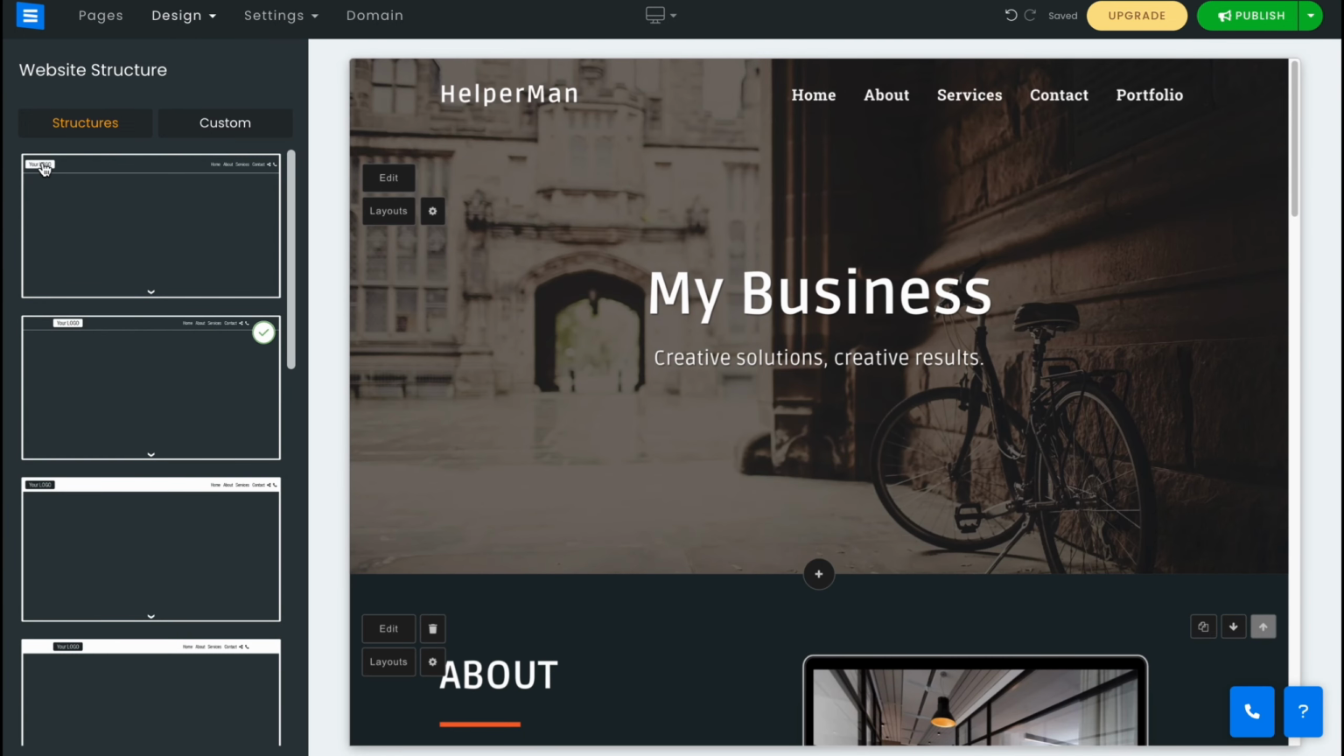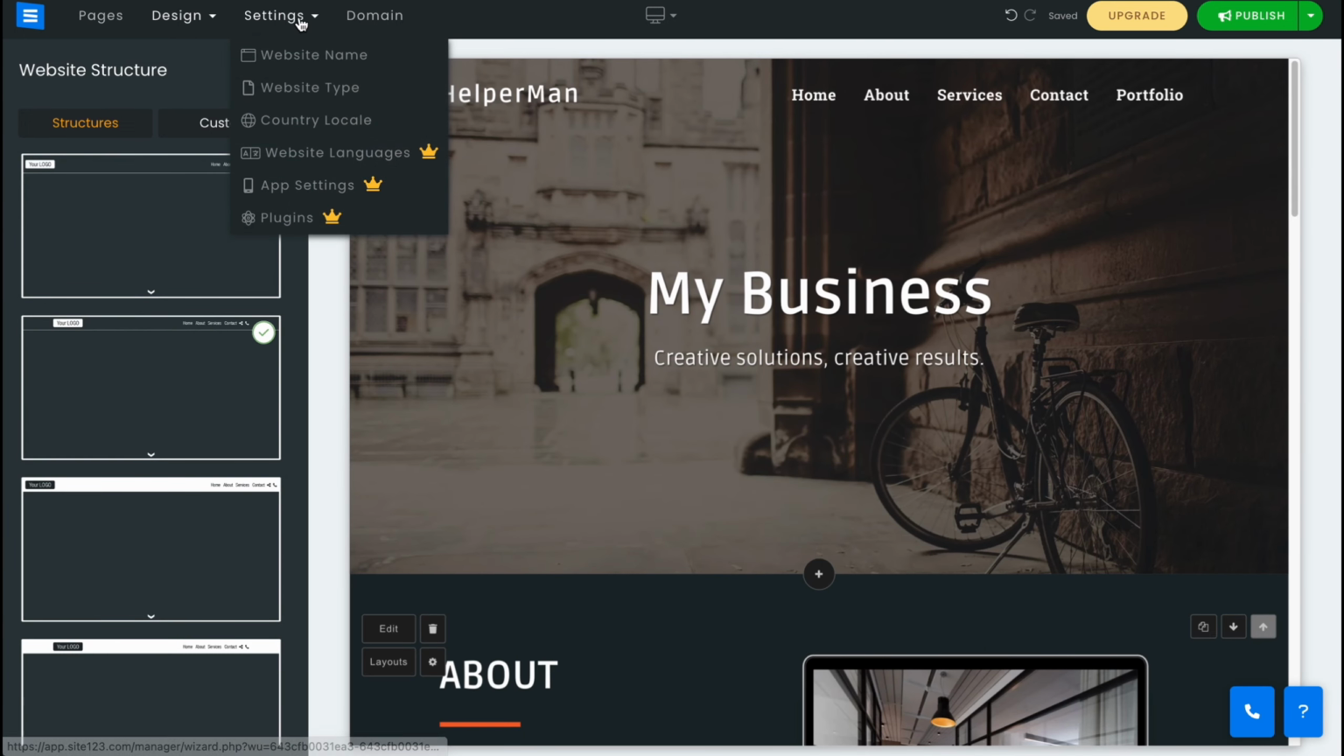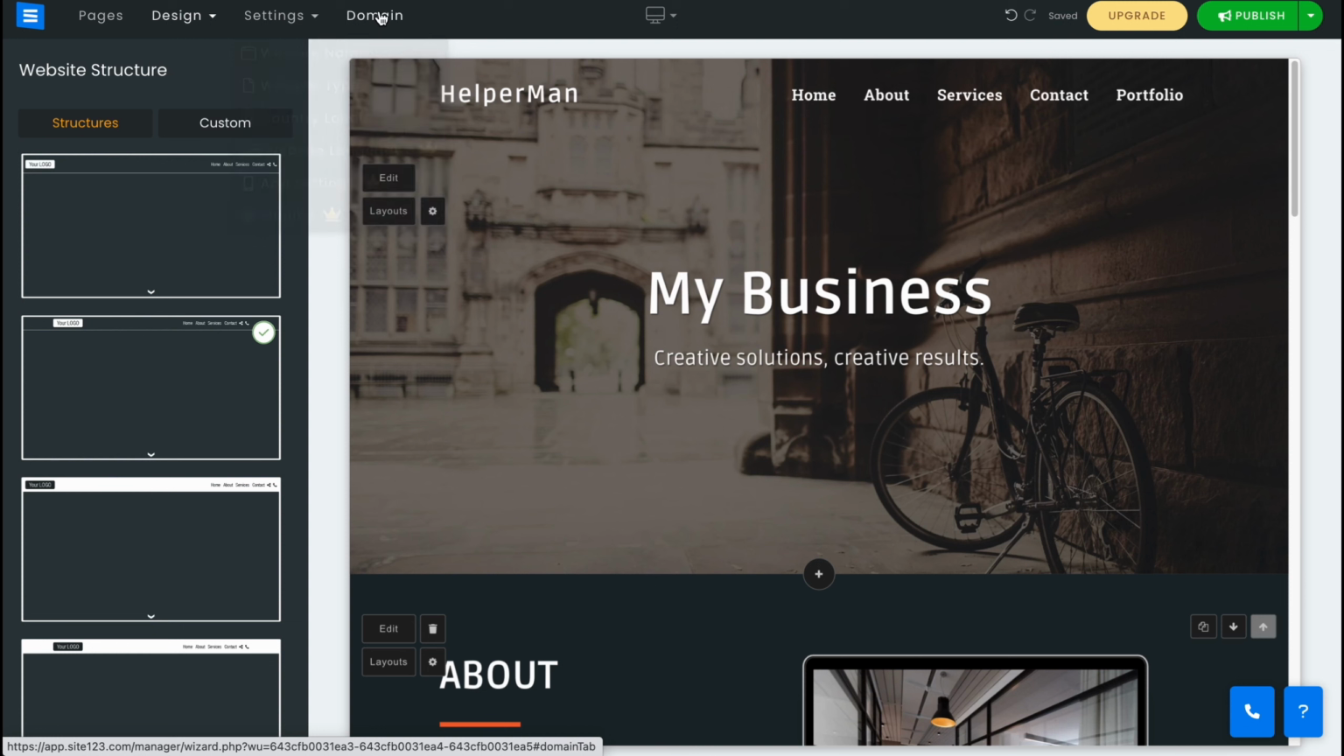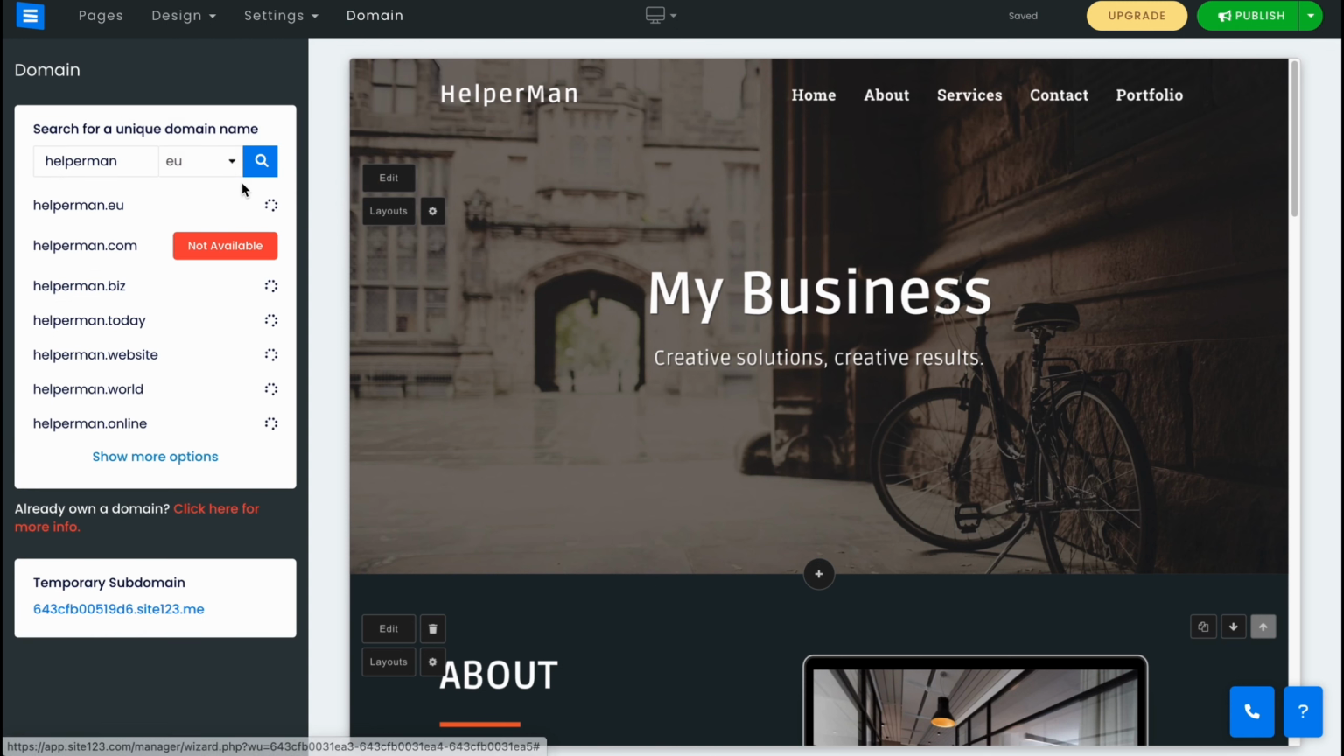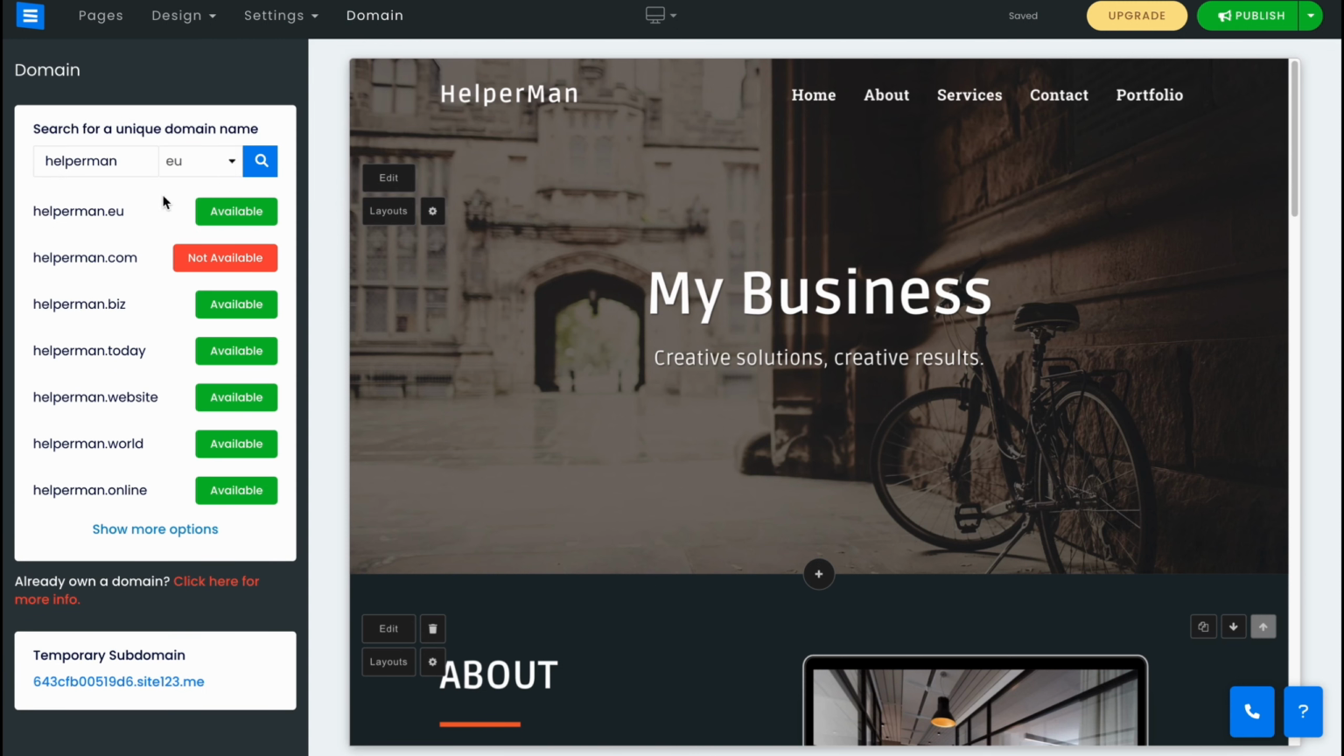For example, change the name, change the logo, and so on. On the settings area we can change the website name, website type, country locale, and so on. And on domain we can change the domain here. So basically we can just buy it and then just use these domains, or we can just use temporary domain